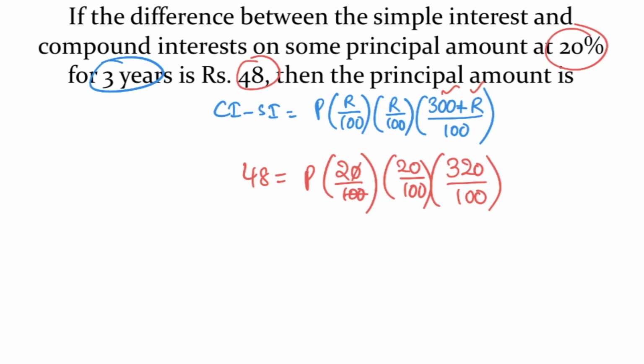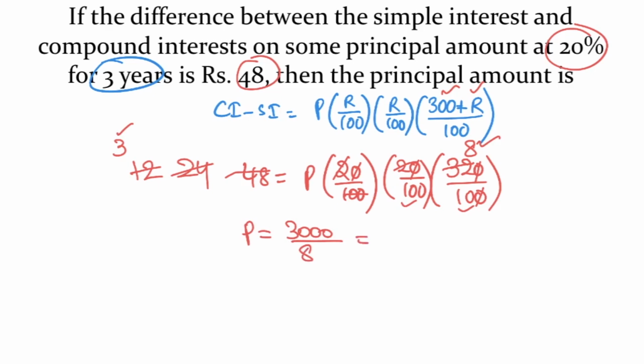Two zeros cancel, 0 and 0 cancel. 2 24 times 48, 2 12 times 24, 4 8 times 32, 4 3 times 12. So P is equal to 3 into 100, 300 into 10, 3000 divided by 8. 8 3 times 24, 60, 8 7 times 56, 8 5 times. So the principal is 375 rupees.